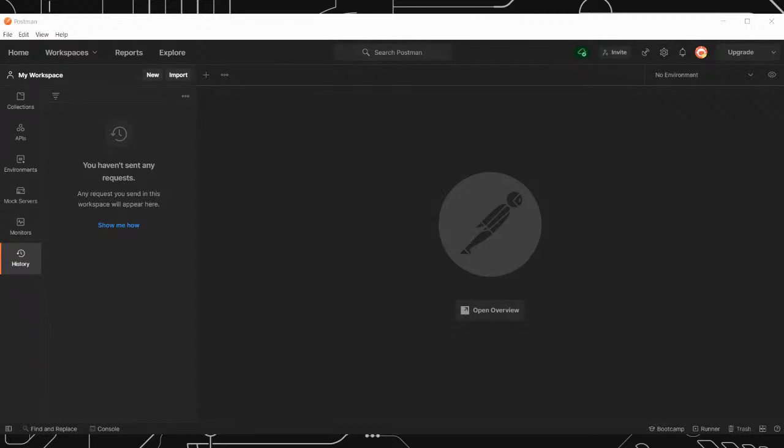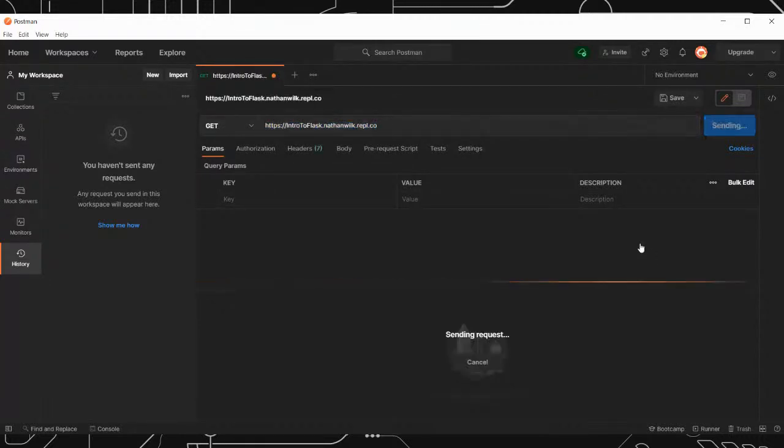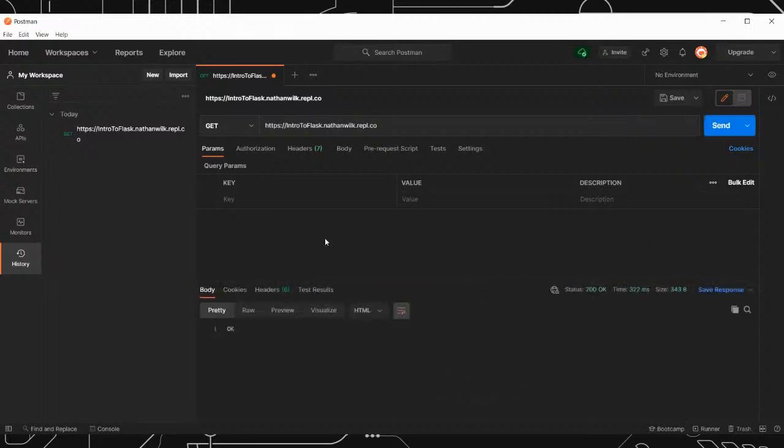We get the URL from Replit, and then we just paste it. We create a new request, a GET request, and then we put in the URL. We hit send, and then there we go. We get the text as the body in HTML,